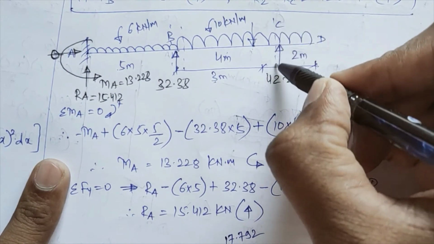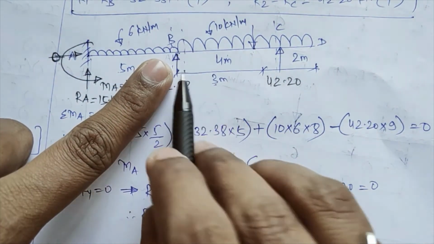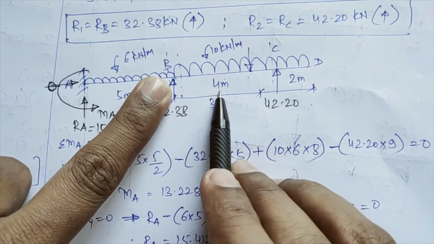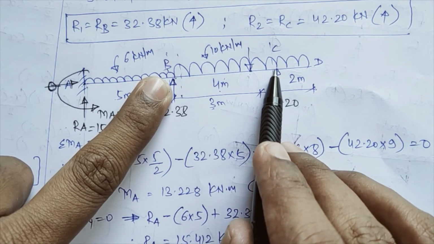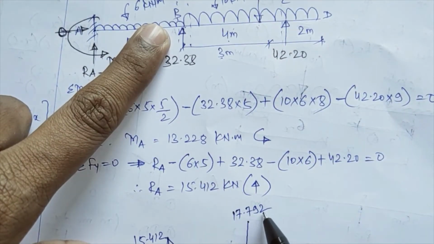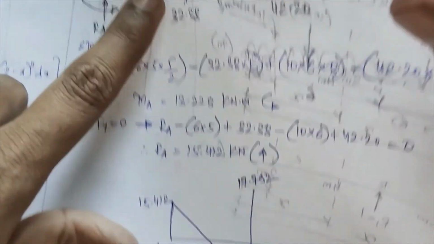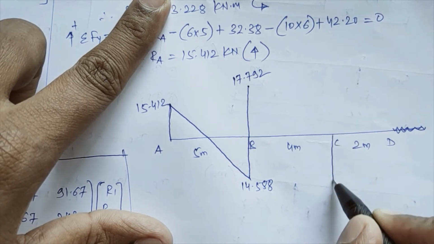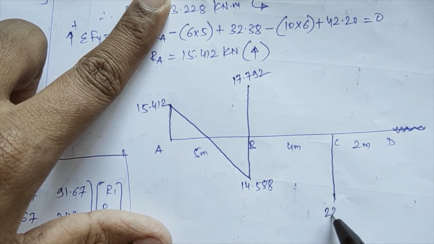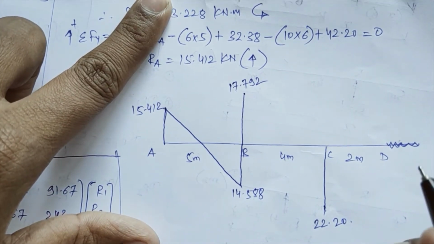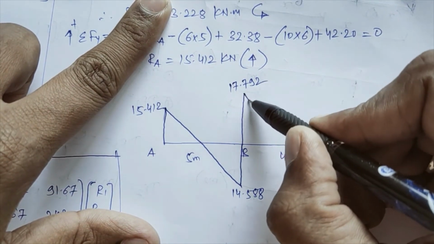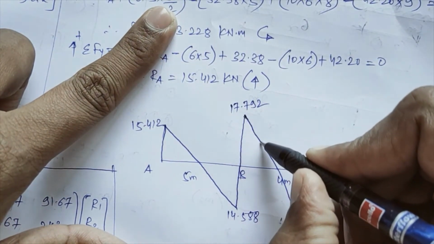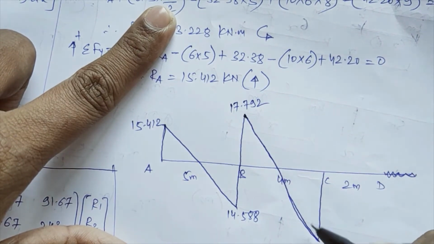Next, shear force just to the left of C. How much will it be? Whatever positive shear force I have got, 17.792, minus this 10 into 4, that is 40, the UDL will get subtracted from that, so it will be a negative shear force. So 17.792 minus 40, I will get as negative shear force equal to 22.20. That is my negative shear force just to the left of C. Again these two shear force points will get joined by an inclined line. This is an inclined line, just for the convenience you understand that.